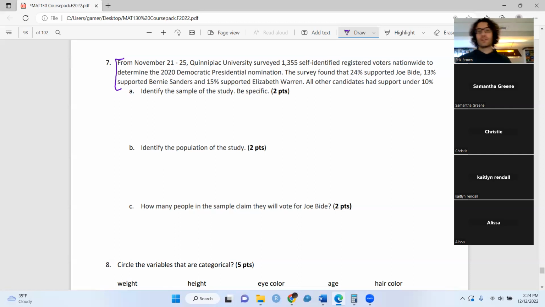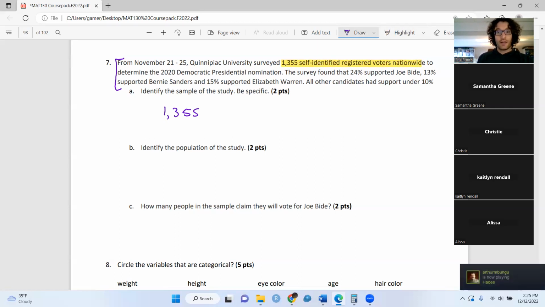If you want to know those things, you usually have to dig into the deeper write-up of the survey. I got this particular survey from, I don't even know how to pronounce this, Quinnipiac University, maybe. And I didn't go into the deeper stuff to figure out everything. I just grabbed the results. So the sample is right here. Remember, the sample is always some. So when I say be specific, it's the 1,355 self-identified